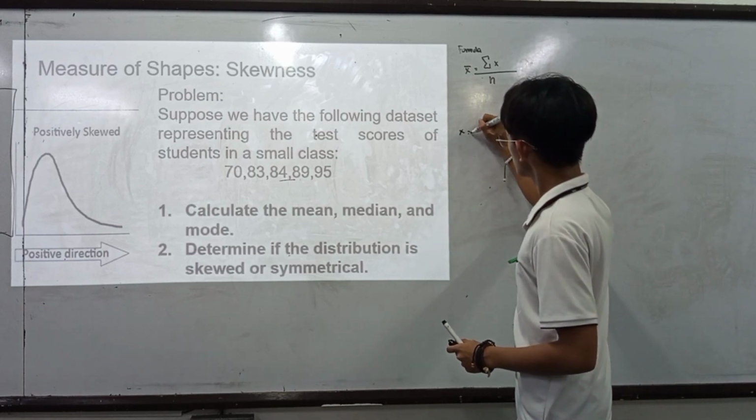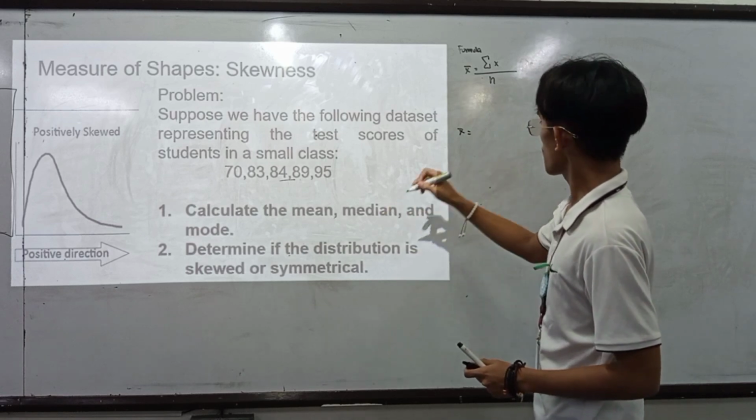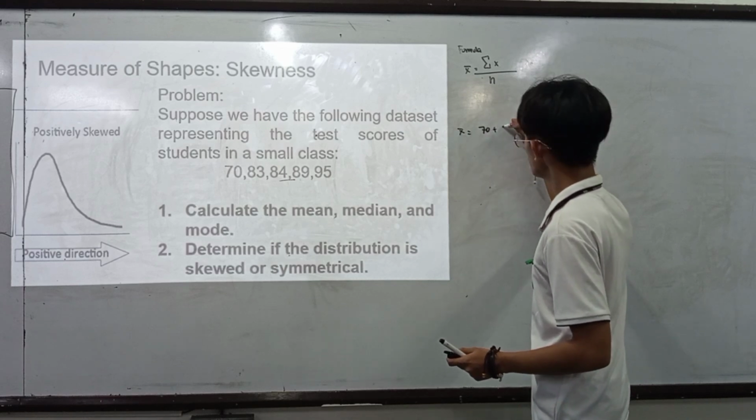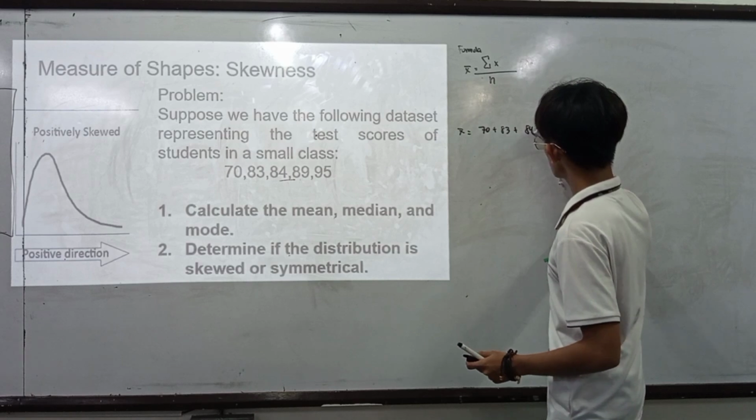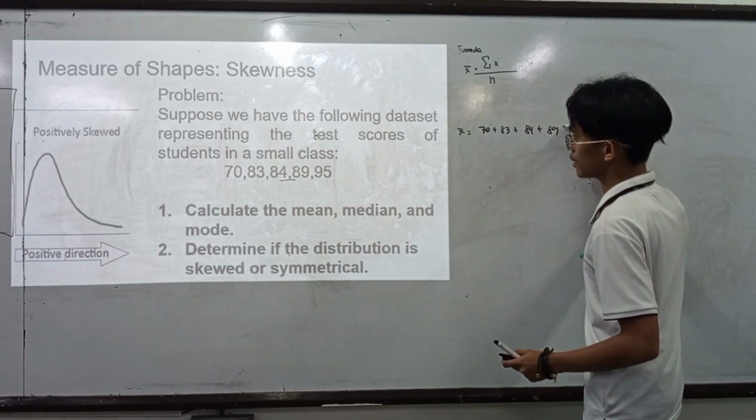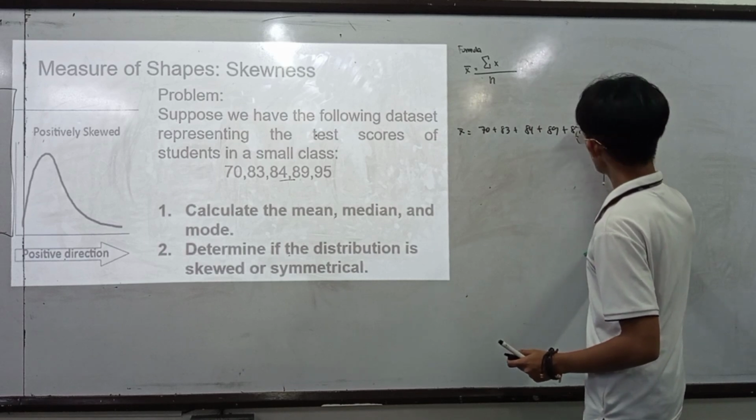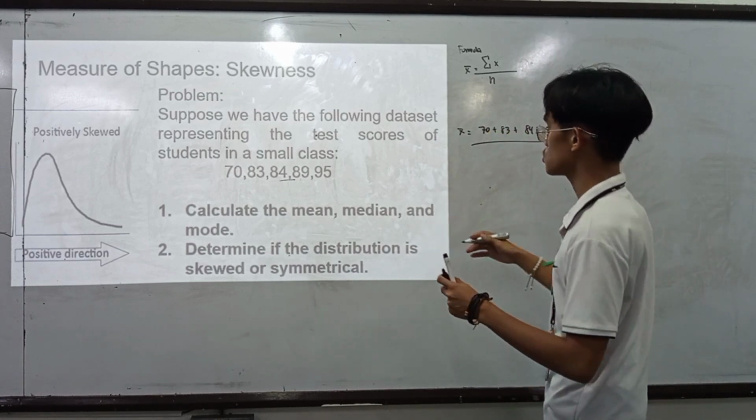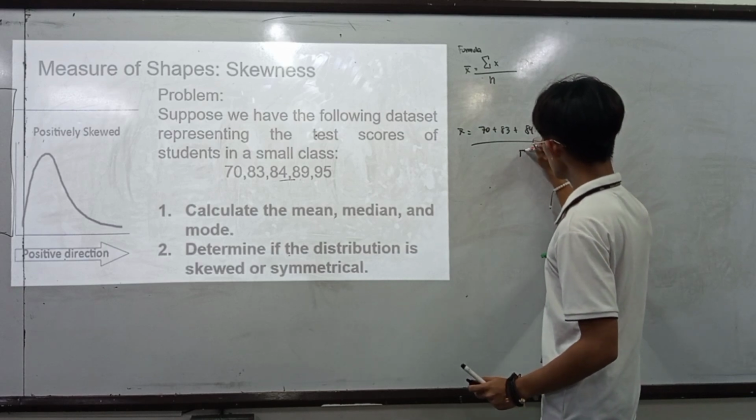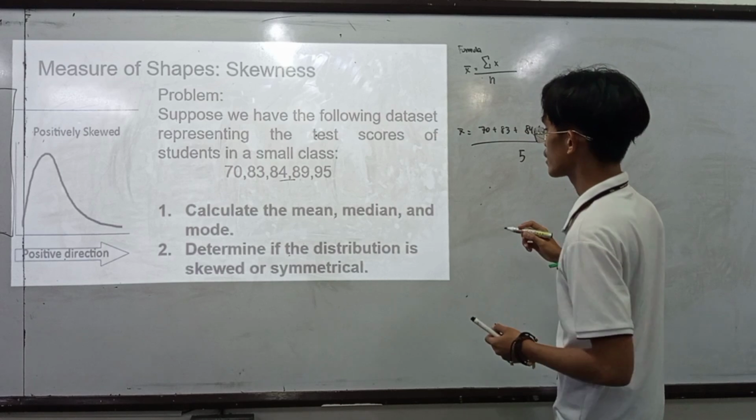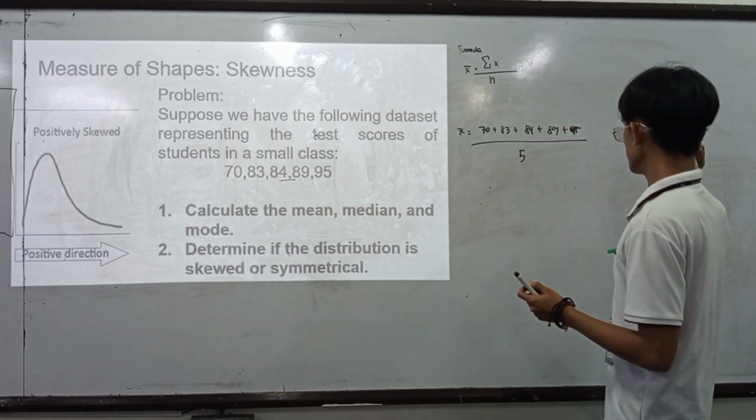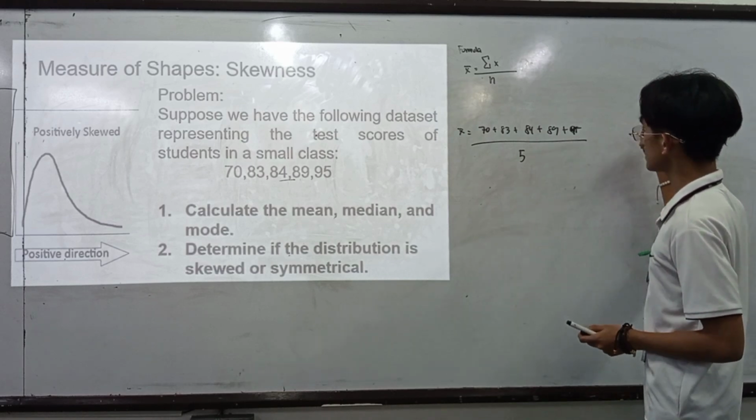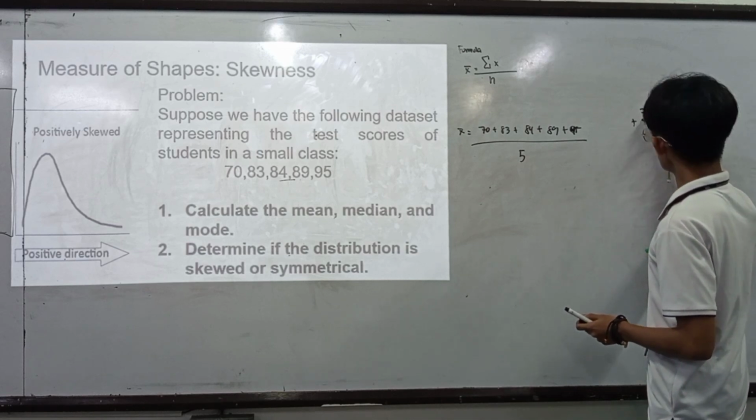Let's add those values in the data set: 70 added to 83, added to 84, added to 89, then lastly added to 95, over the number of the data sets, which is 5. Now, the next thing that we should do is to add it all up. Now, 70 plus 83,